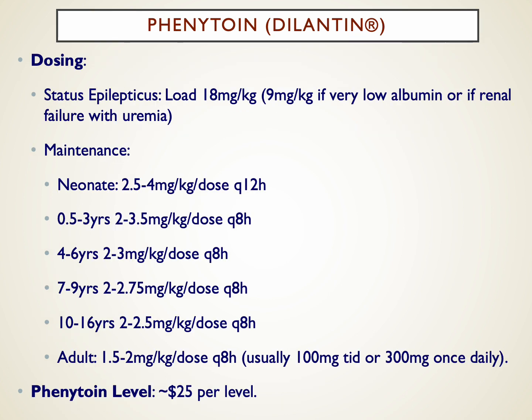The dosing of phenytoin is listed here, but the typical dose in status epilepticus, which is when most clinicians are going to really initiate phenytoin, is something in the range of 18 milligrams per kilogram as a slow load. If they have a very low albumin level or they're in renal failure, we often would start at half of that dose. And if they already have phenytoin on board, but they're a little subtherapeutic, then you look at the difference and you might give them only 4 or 5 milligrams per kilogram to make up the difference. You wouldn't give them the full load again if they already had phenytoin on board.